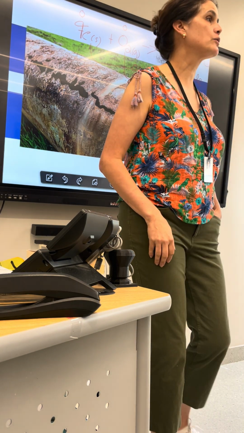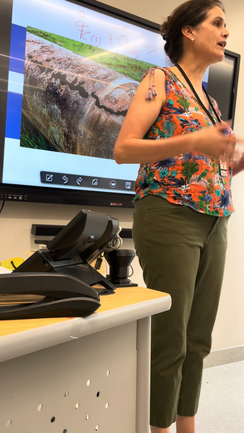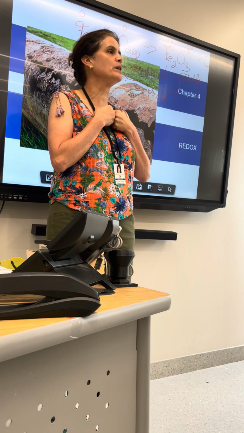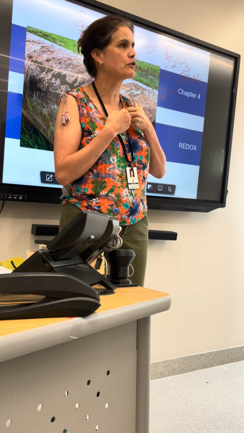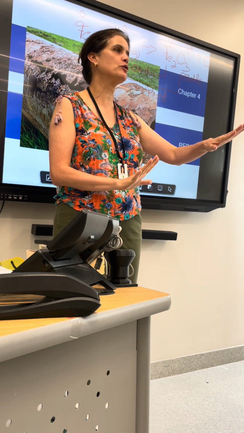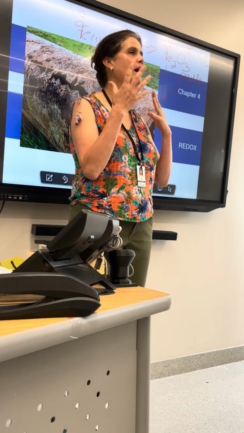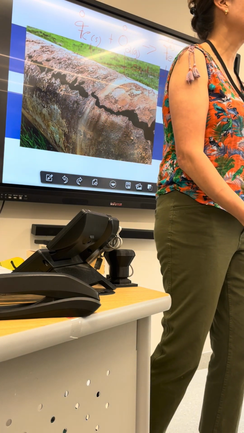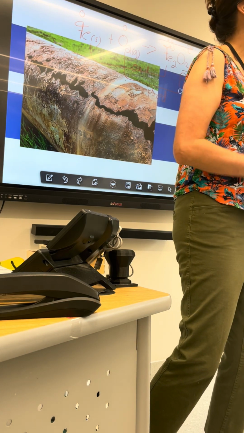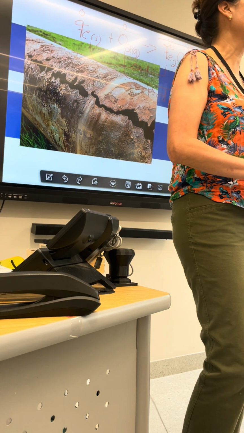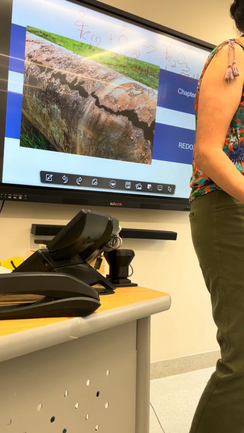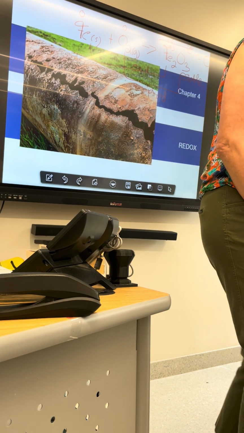They get reduced. Oxidizing agents like oxygen rob electrons, and that makes it more negative, and more negative is reduced. So do you see how this plays with your brain? If you think about it, you're like, okay, I'm gaining electrons, but I'm getting reduced, and at the same time I'm an oxidizing agent, right? This is all, I'm telling you, it is going to play. Maybe you see me now talking about it, it makes sense, but then you're gonna go, what?